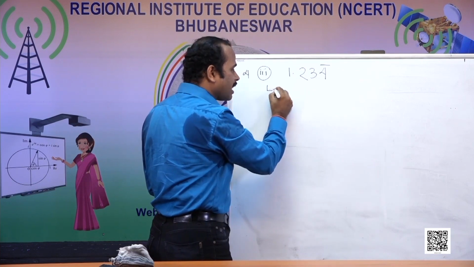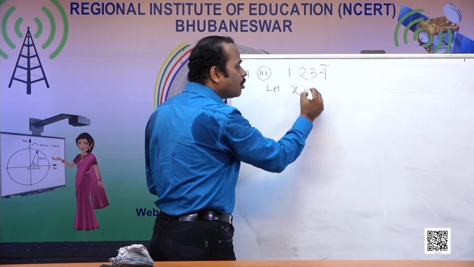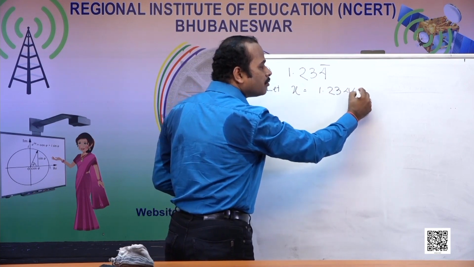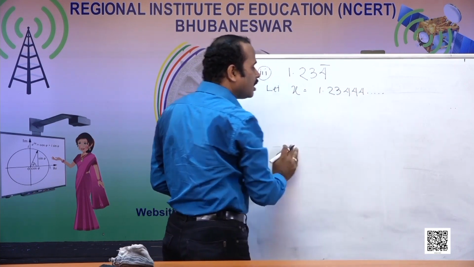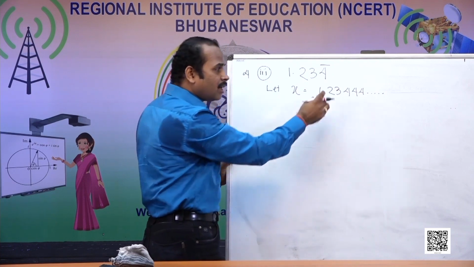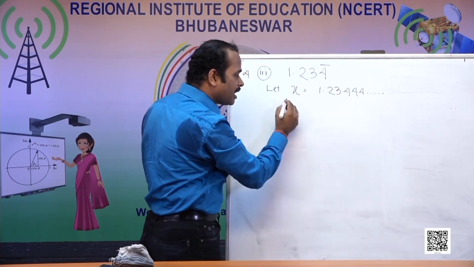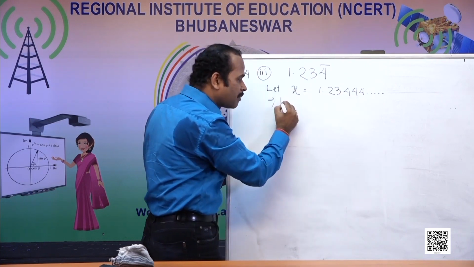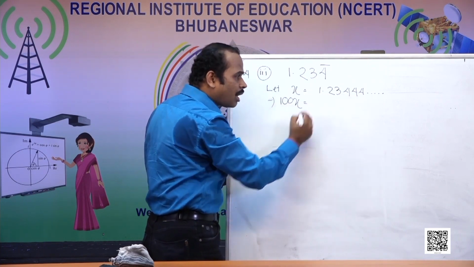I will again declare let x equal to 1.2344 and so on. How many digits are not repeated? On the other side, 2 digits are not repeated. So I will find, to bring these 2 digits to this side, I have to multiply 100. So 100x equal to how much? It will be